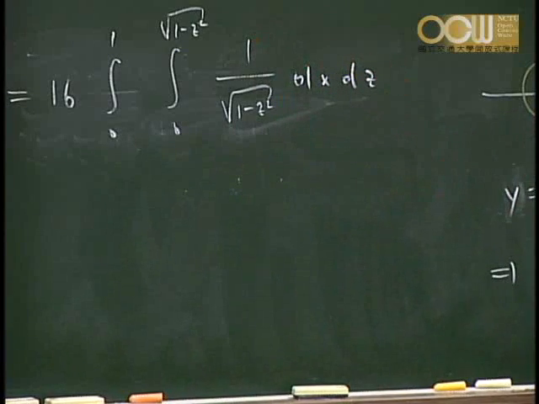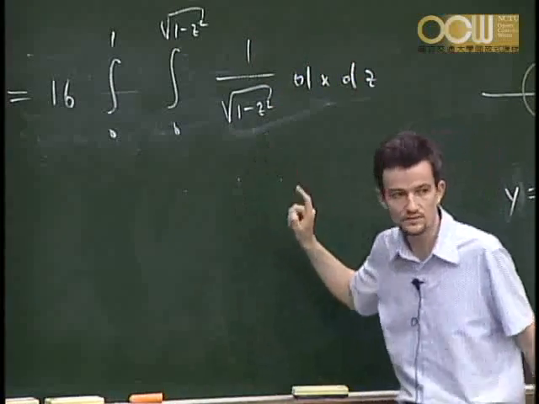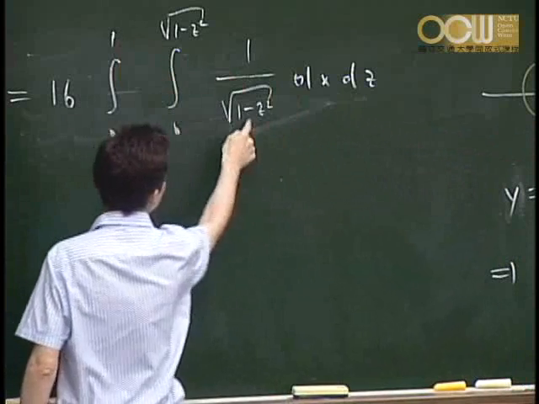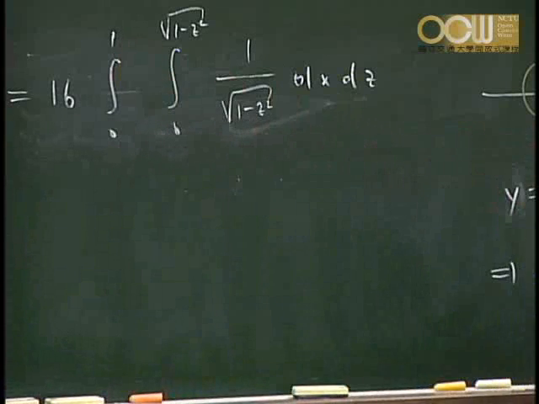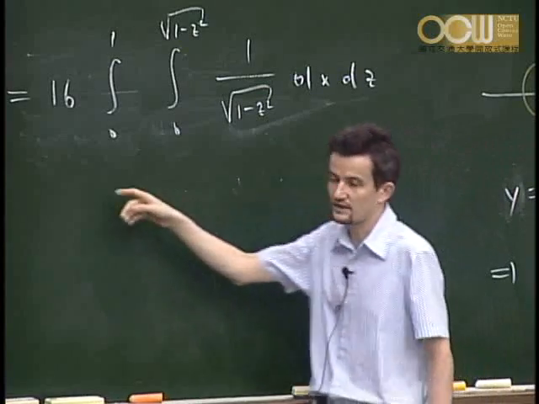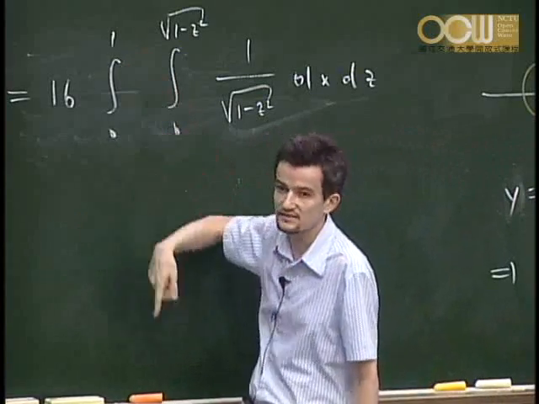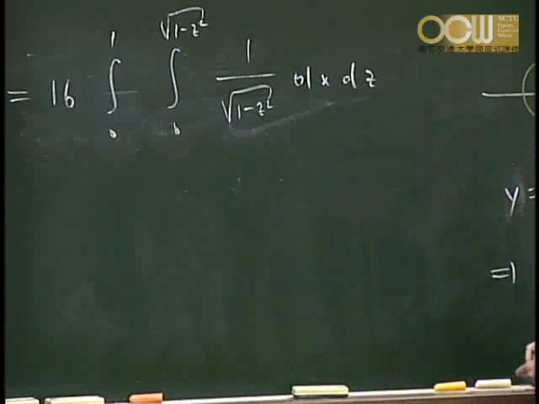You should observe that this integral actually is an improper integral, okay? Because if z is equal to 1, the integrand equals infinity. So actually it's an improper integral, and strictly speaking, I have to consider limits here: the limit from 0 to t as t tends to 1, okay? But you see that